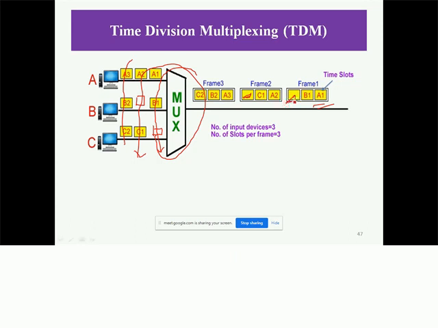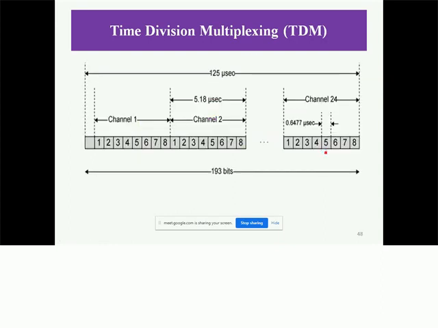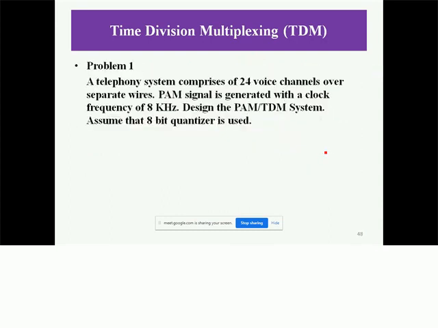Actually these time frames are of the same duration, because all the time frames are of time t, so the duration of the time slots is t. For all the frames we have the same time space. The duration of the pulse is the same, t by 3. So each duration is the same. Here we have two blank time spaces. Actually this time space does not contain any symbol or any message, 1 or 0. So this will be one example of the system.